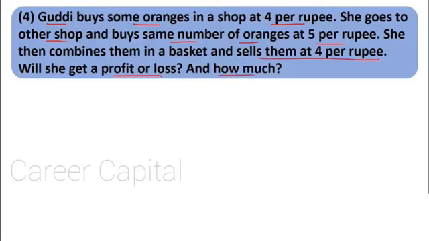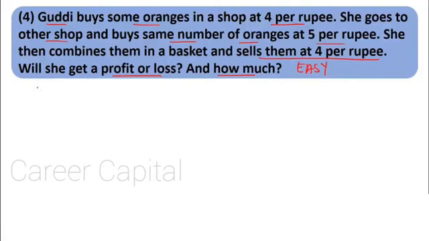Now here we do not know whether it is profit or loss, and how many oranges Goody bought and all that stuff. We only know the rate at which the oranges were bought. So let us see how to tackle these kinds of sums. This is actually an easy sum. You just need common sense and you need to follow the things one by one, and you'll easily find out.